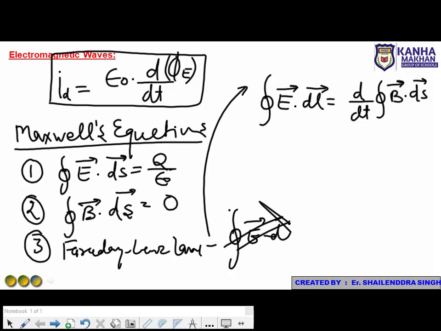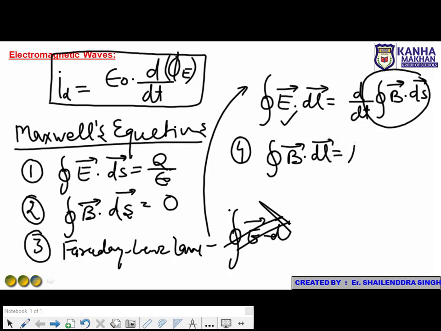Meaning to say, the rate of change of magnetic flux is responsible for creating the electric field. This is the third Maxwell's equation. The fourth equation is the Ampere-Maxwell law. According to Ampere's law, we can easily write that the cyclic integration of B dot dl is given as mu naught times I net, and I net will be the sum of